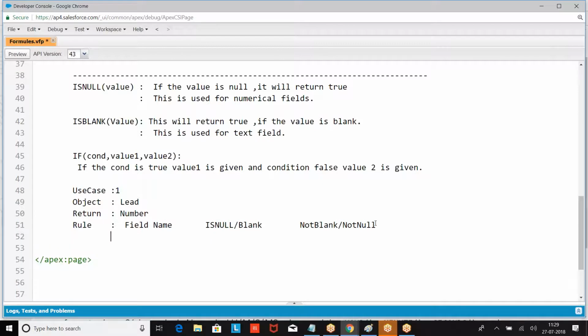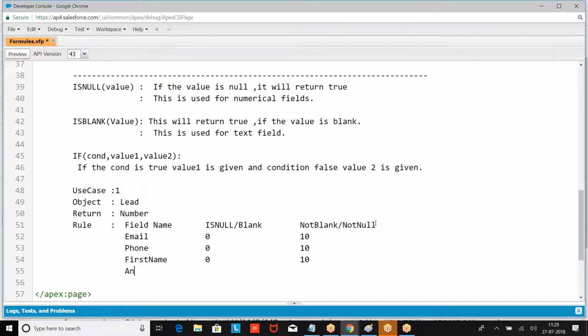I am giving here: if email is blank, give 0 points. Not blank, 10 points. If phone number is blank, give 0 points. Not blank, 10 points. If first name is blank, 0 points. Not blank, 10 points.